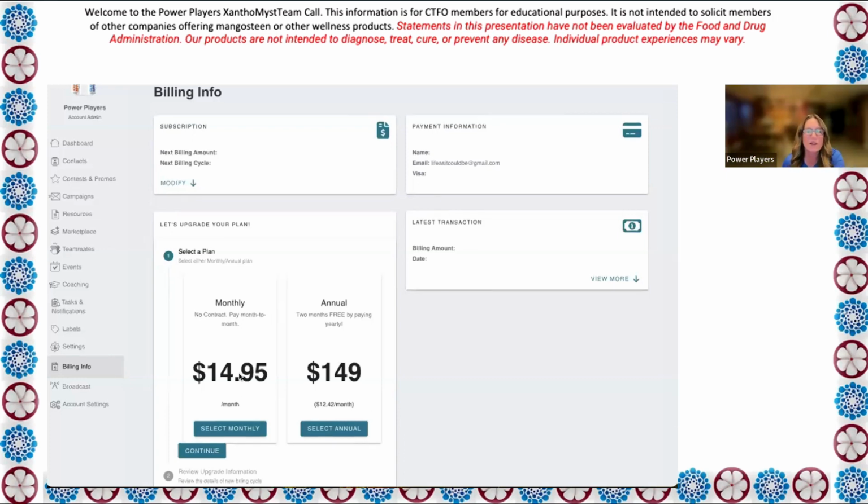Look what we got. It's only $14.95 a month, but it's also only $149 a year. That takes it down to $12.42 a month. So you can select your annual plan. And what's really great with that is you're saving money, and you're not going to get billed again for